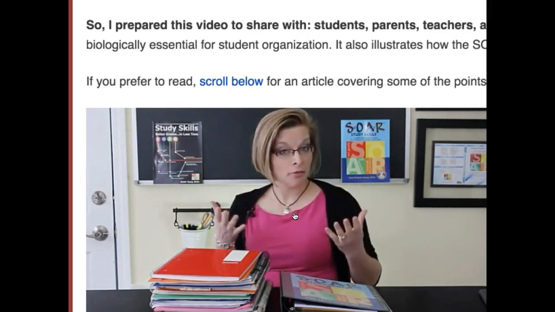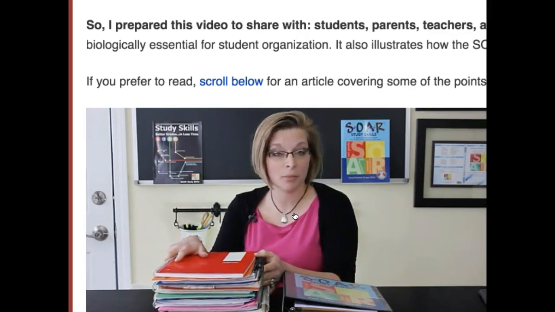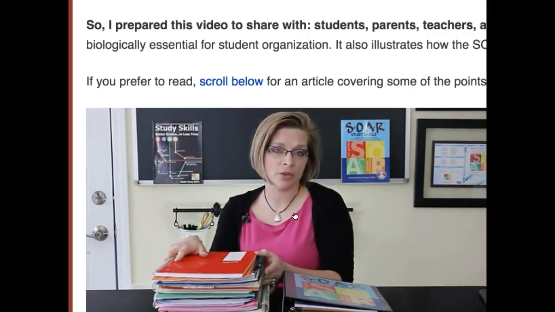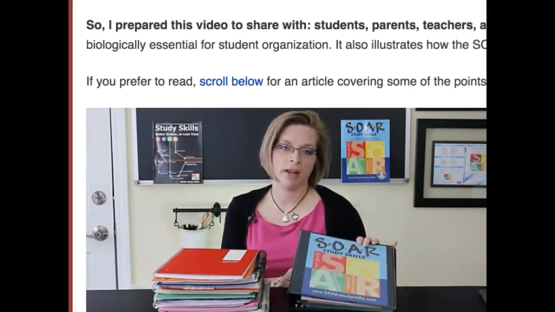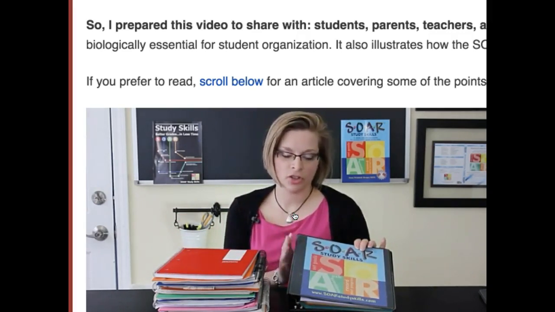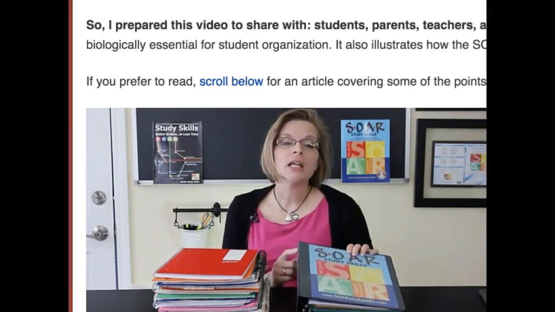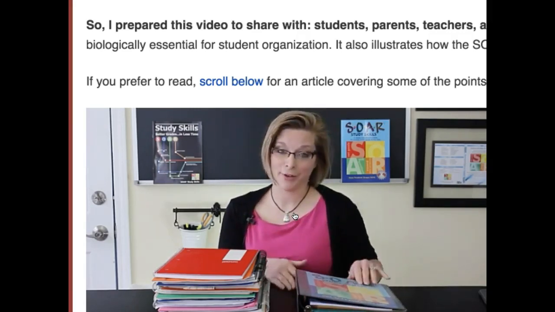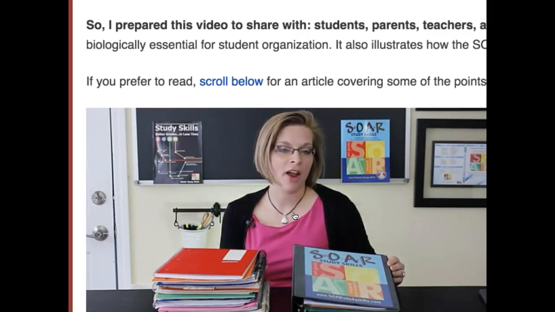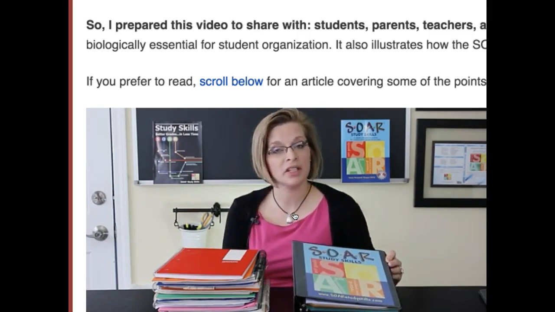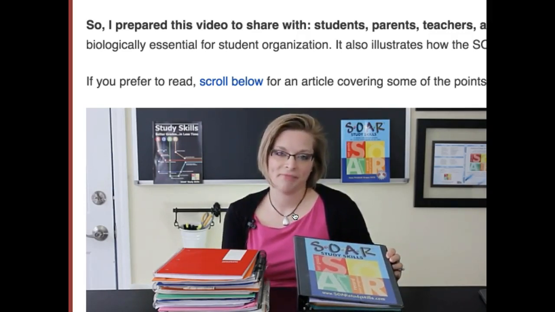If you're not familiar with our binder system, we take the traditional method of having a separate folder and notebook for each class, which often means students have to carry 12 to 16 different folders and notebooks around, and we condense it down to one binder. Obviously, this is more streamlined to begin with, but there's a very brain-friendly reason why this works better. First I'm going to show you why the binder is better according to your brain, and then we'll talk about some alternatives. If you are having trouble making this work within your school, or there's a teacher who has a system and is not sure she wants to adjust it, we'll address some alternatives for that.